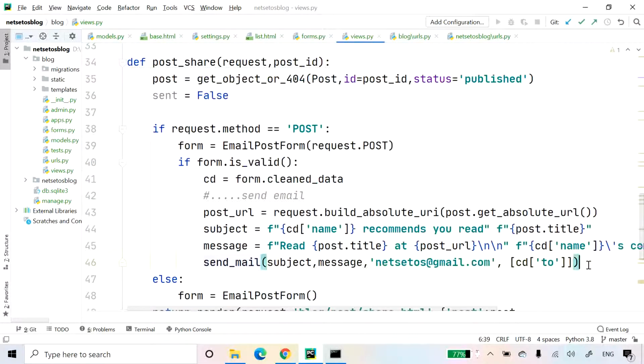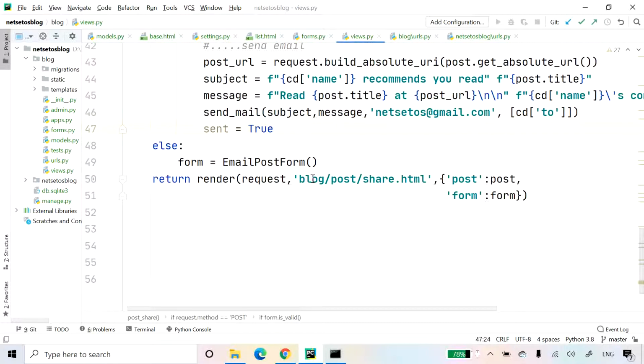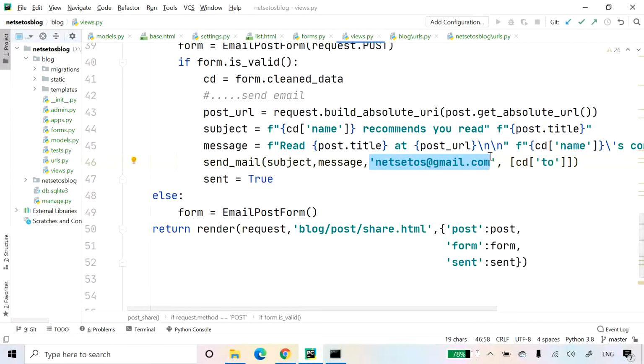Now there is no error over here, and then we will give sent equal to True, and then we will have our else statement for get. So here also I'll introduce sent. Here you need to give your real email account if you are using an SMTP server instead of the console email backend.